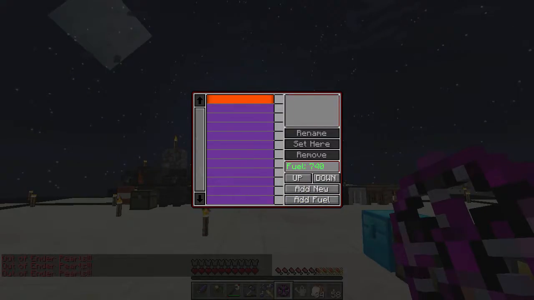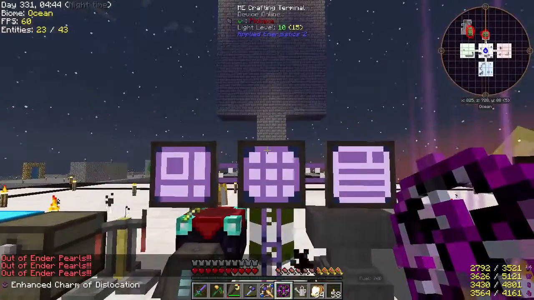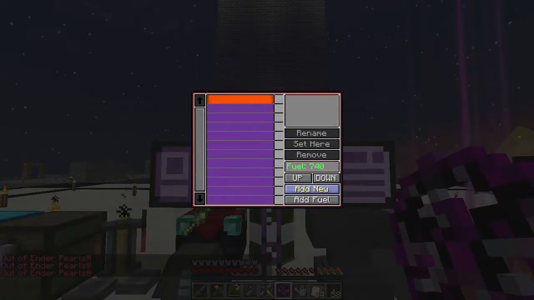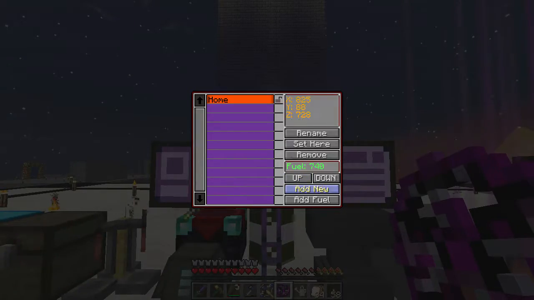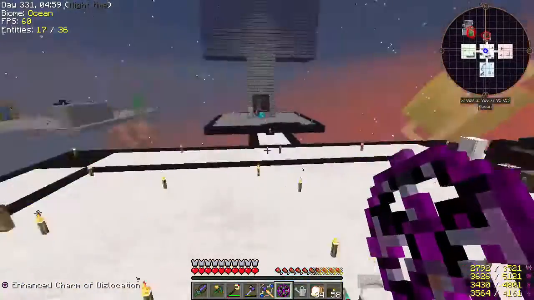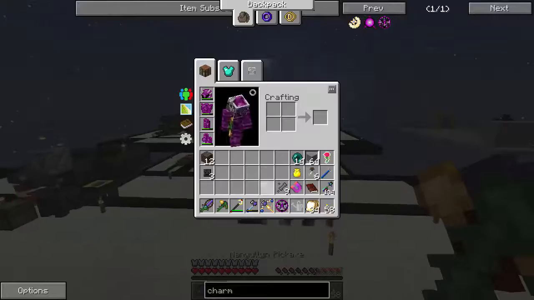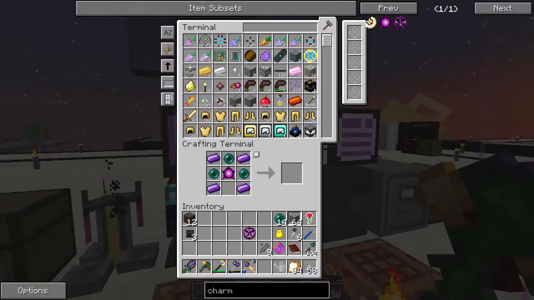We're out of ender pearls now. So what I've been liking to do is just right here, we're going to shift right click. We're going to add new, home. Commit, lock it. And so now this is currently locked right here. We will always teleport here. And what we can use this charm of dislocation for, and something I kind of want to do,